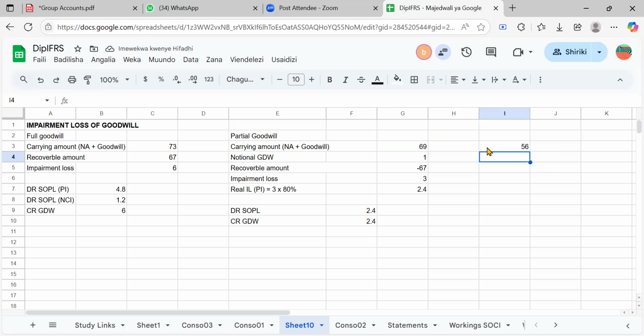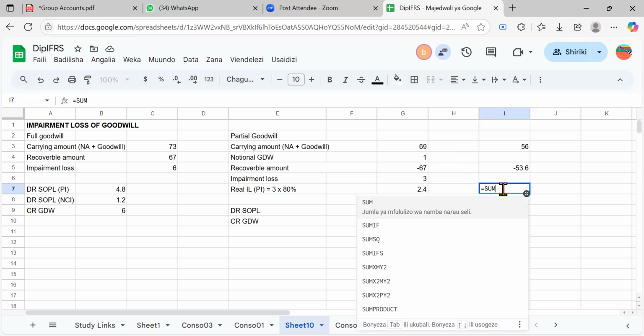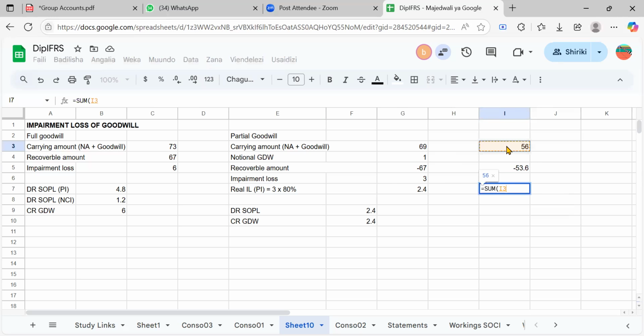I left it at 80%. So I changed the carrying amount, the net asset, to 80% too. This notion of goodwill, no need now. I go directly to the recoverable amount, which was 67, right? So I say again 67, and then I multiply it by 80 percent. I get that. You see, after getting that, let's look at the impairment loss we're going to get. So our impairment loss would be this one